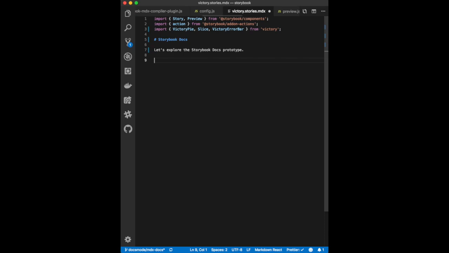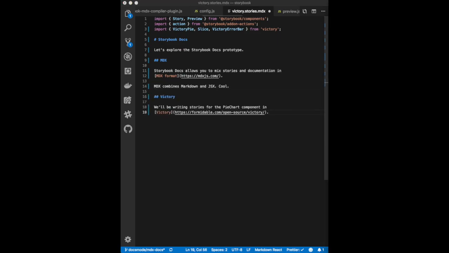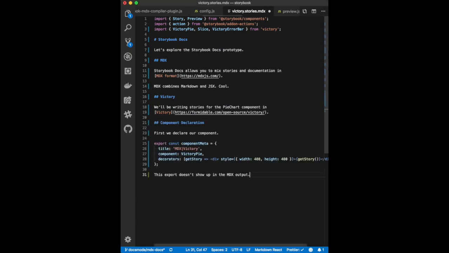Howdy, this is Michael Shilman, one of the Storybook maintainers, and I'm going to take you through a Storybook Docs prototype. We're going to be writing MDX, which allows us to combine Markdown and JSX, and we'll be documenting the Victory component library. So first thing we're going to do is declare our component, and this is